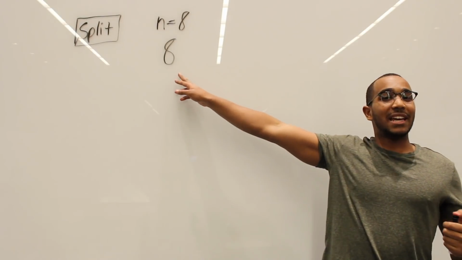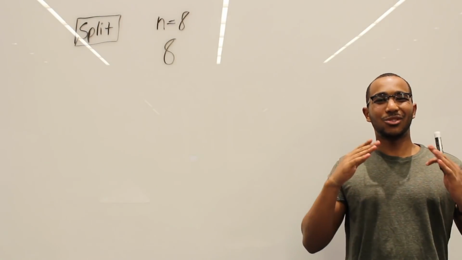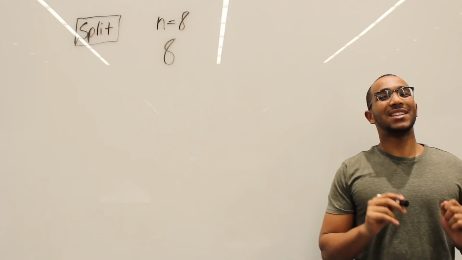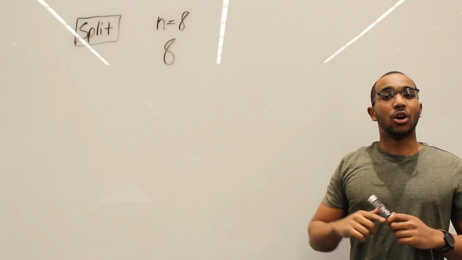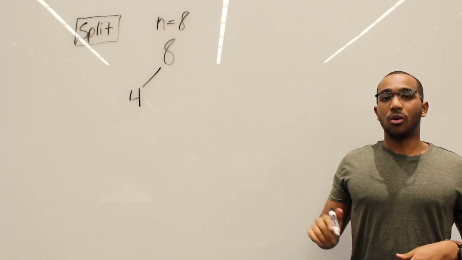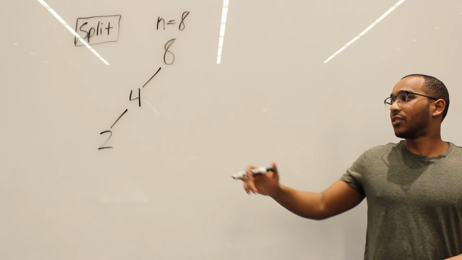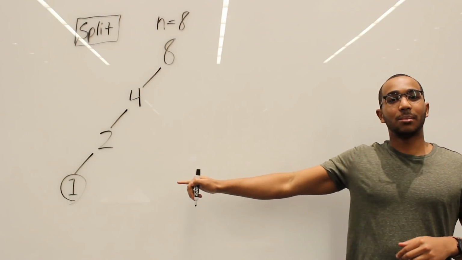So we have an 8 here. What is merge sort going to do? Merge sort is going to do it depth first like this. It won't split it level by level. Let's trace how the recursion will actually do it. So we have an 8. We're going to split it one way. Okay, I split a 4. We're going to split it again. Okay, we have a 2. And we're going to split it again. And remember, one item is a base case.